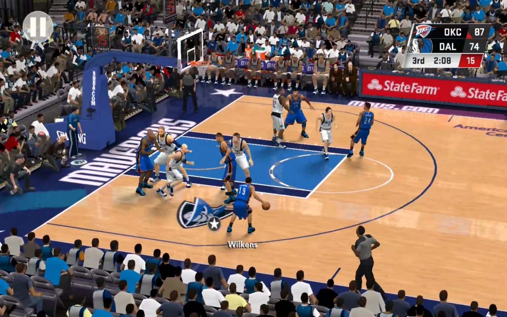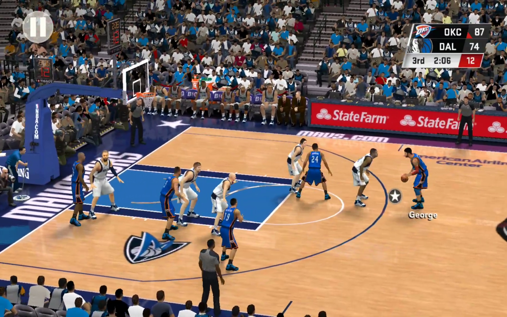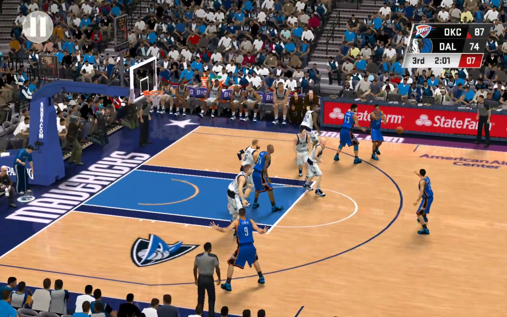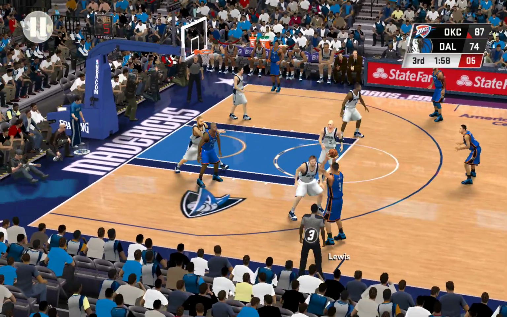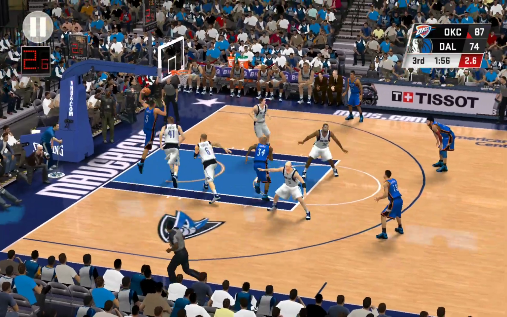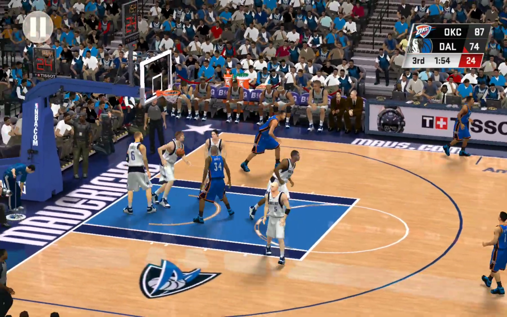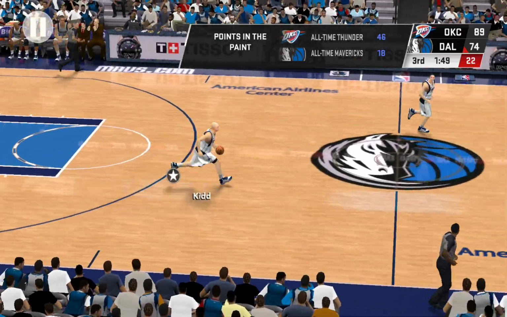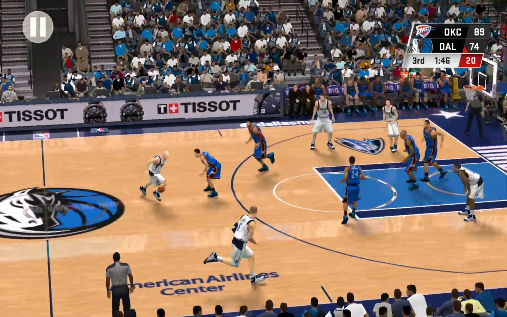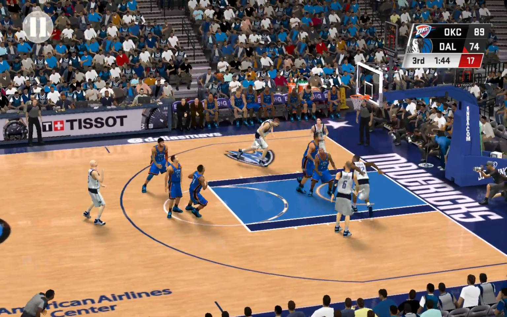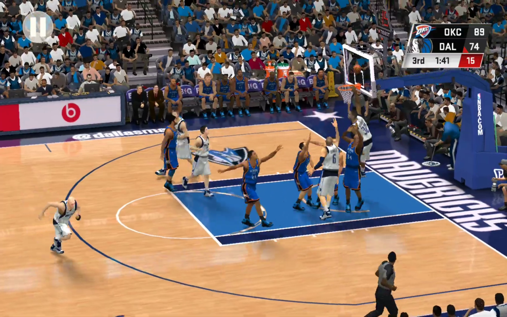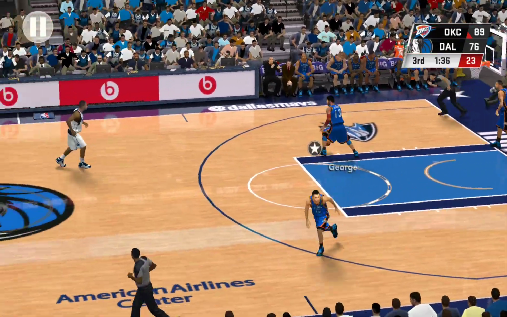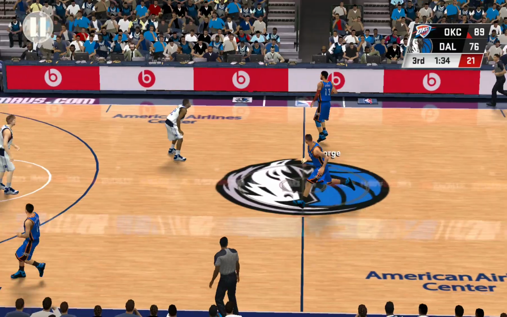Left side, Wilkins. Outside, George. Pass to Johnson. Wilkins. Here's Lewis. Goes to the reverse layup and drops it in. 10 points for him. Now here's Kidd. Always going up for the alley-oop here. Chandler's shot. Good. George with the ball.